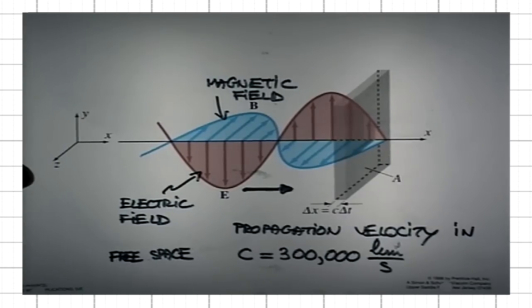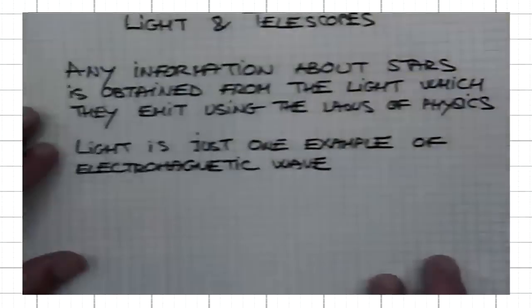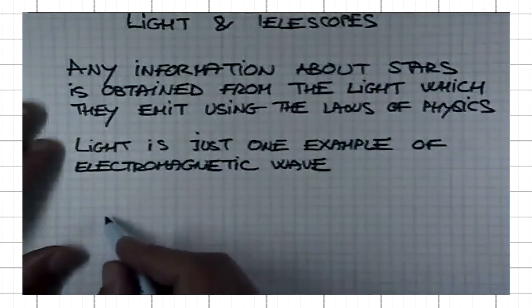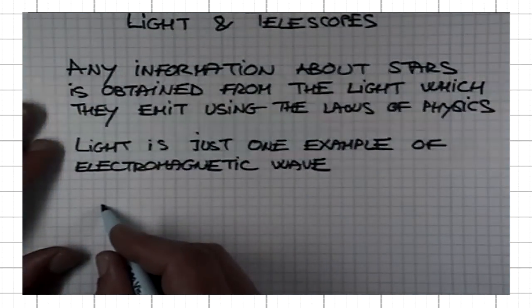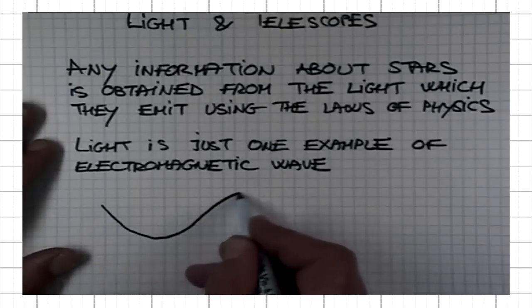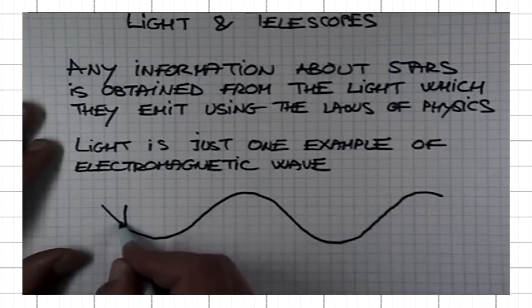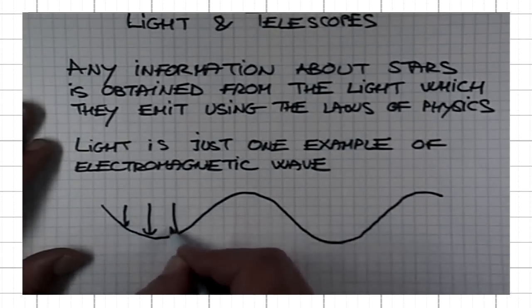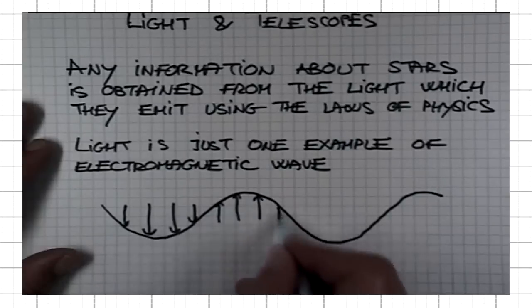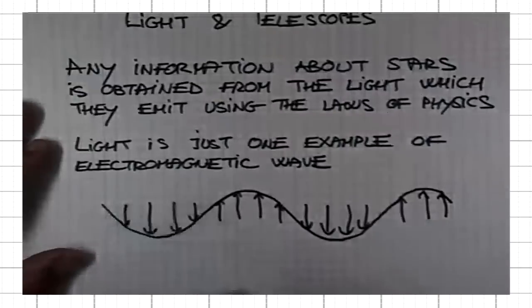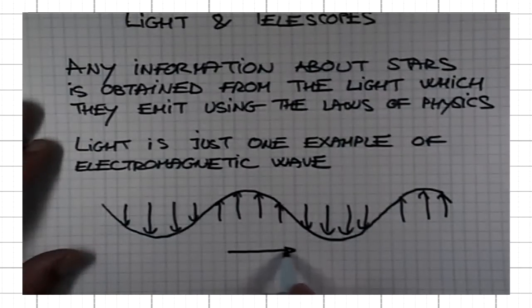Okay, so let me make my Mickey Mouse version of this nice diagram, and I will concentrate only on the electric field. I will just draw this envelope that connects the tips of electric field lines. And this wave is propagating. Electromagnetic